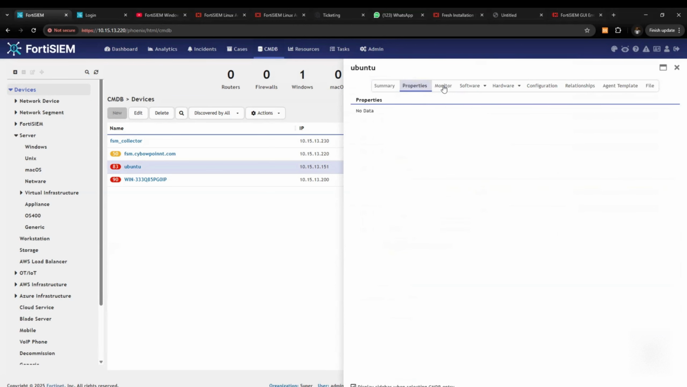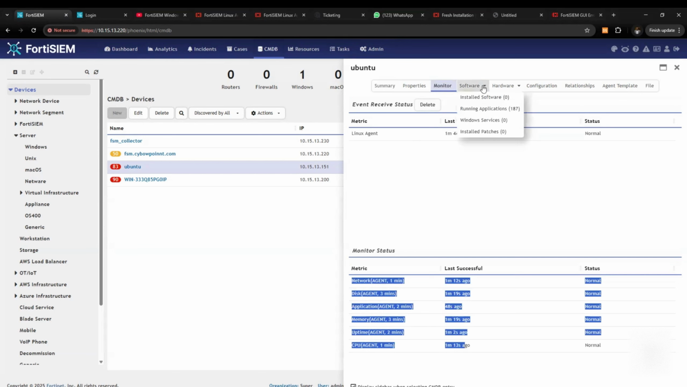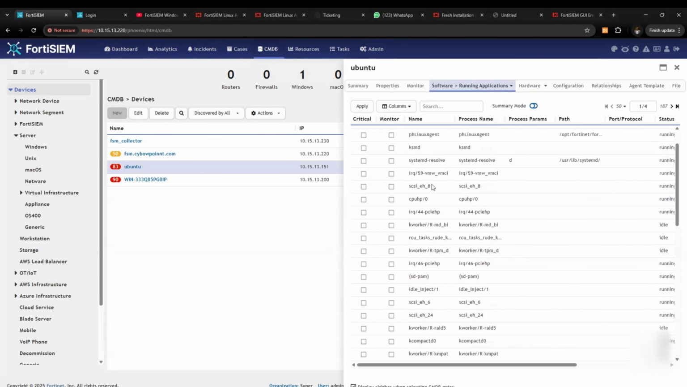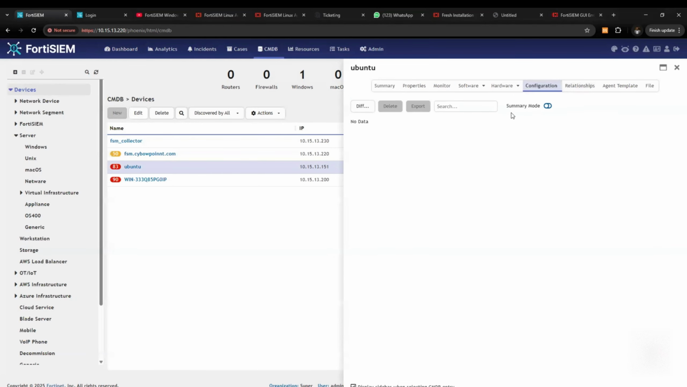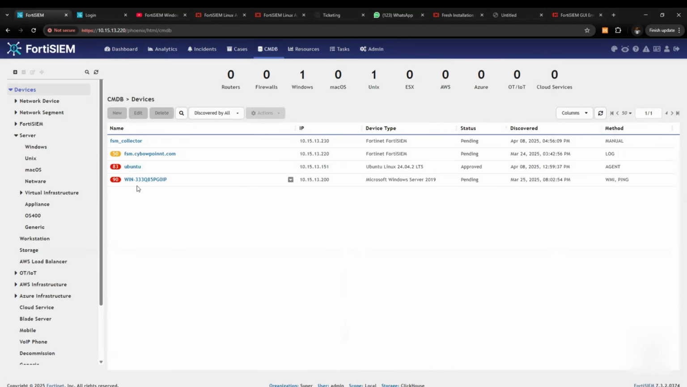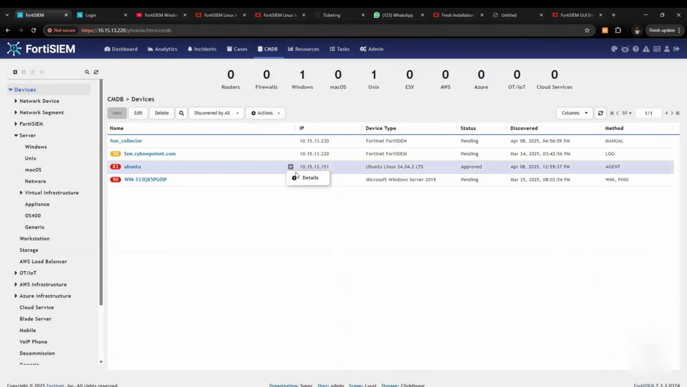Coming to properties, what about monitor? We can see that the agent got some level of event a couple of minutes ago, and we can see all the other resources on the Linux server. Then we can also see all the running applications and hardware, storage, configuration. Then another thing is that we can also look at the logs. If you look at details,